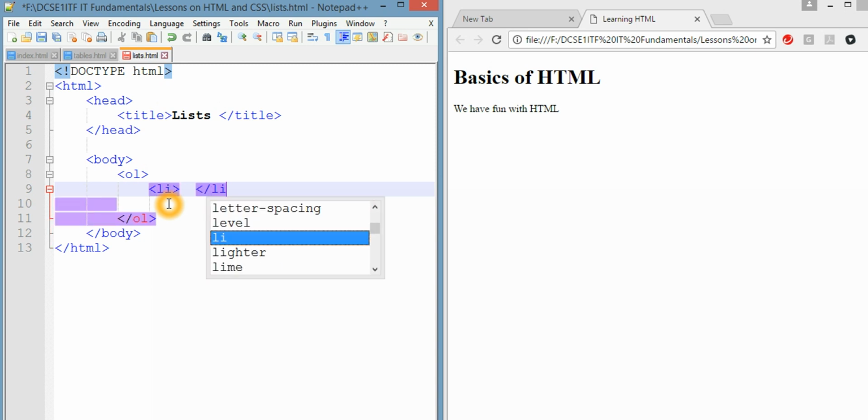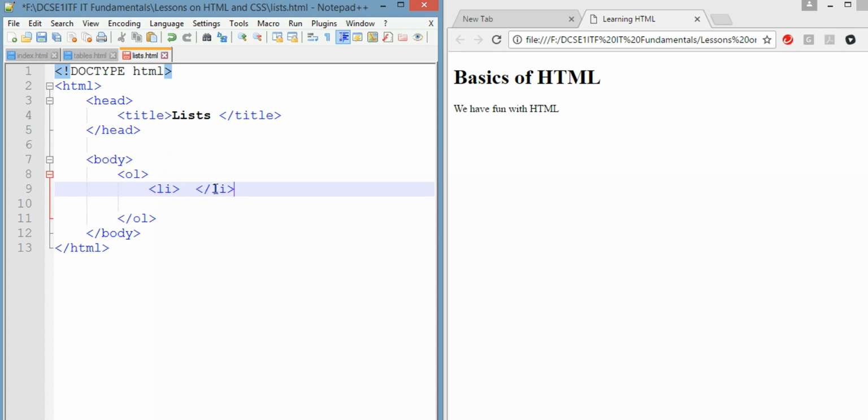Now you might wonder, why do we put some things in one line and some things in separate lines? How I decided: if there's only a little bit, just one or two things, it's just one line. If it's more than one thing to go inside, I would indent it and put it under separate rows. Okay, so LI, first item might be, I might like to indicate my favorite